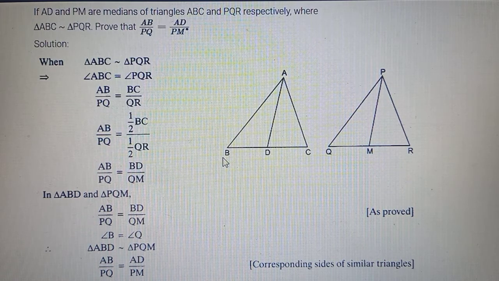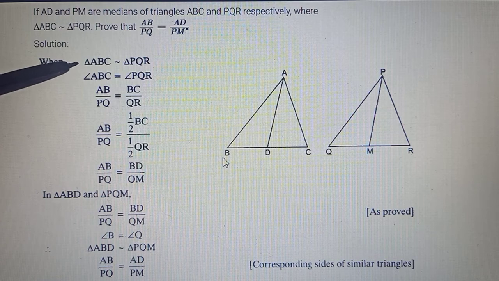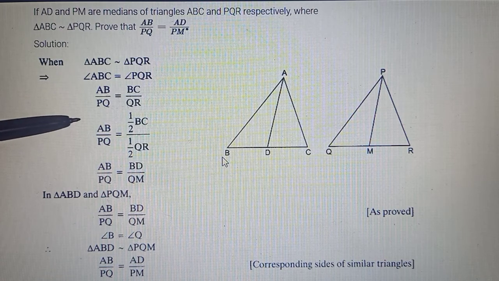Okay, that for two similar triangles, it's not only the sides which are in proportion, but also their medians are proportional. All right, so you can use this as a fact also somewhere, and the proof is not going to be difficult. It's just the other way around you have to go, what we have done in question number 12. So in this case, we were given the triangles are similar. If the triangles are similar, their corresponding angles are all equal.